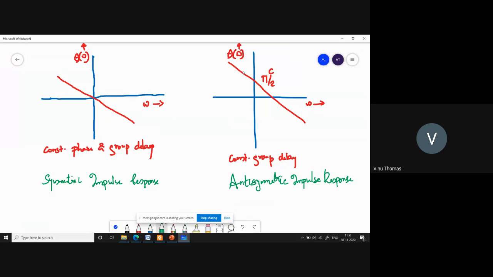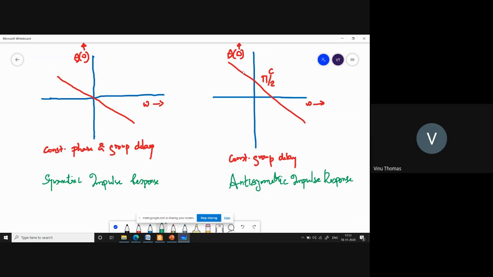So in the last class, we were discussing the constant phase delay and the constant group delay. And we had seen that phase delay corresponds to the delay suffered by an individual frequency, that's an individual sinusoid or maybe an individual complex exponential. And the group delay is the delay suffered by the composite signal that comprises several sinusoids or several complex